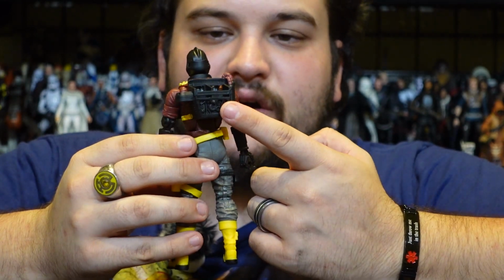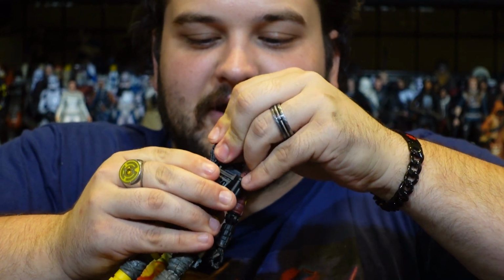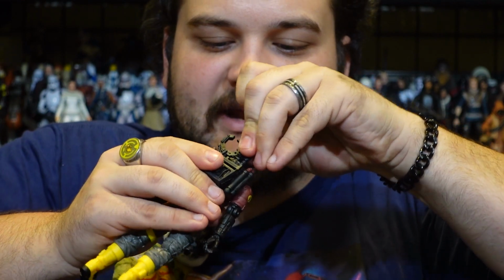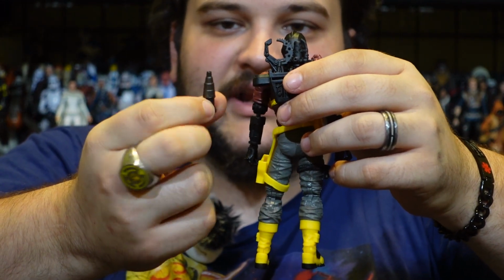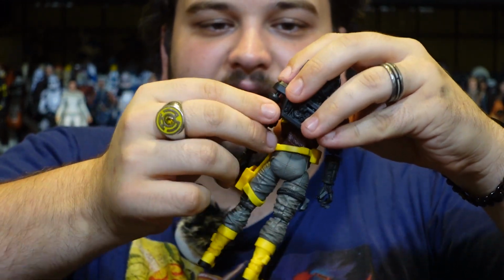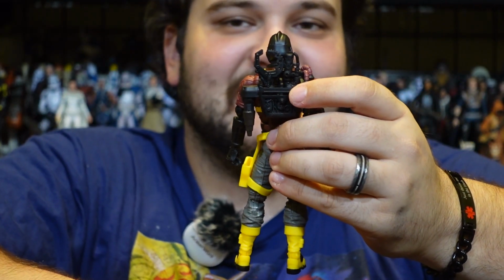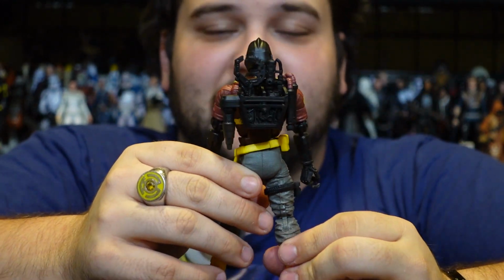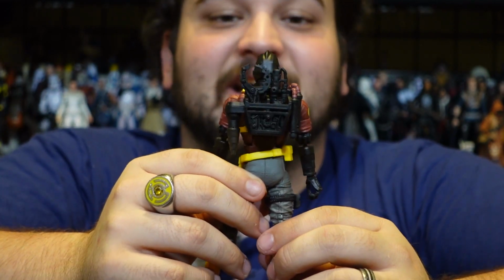So you just peg that right there onto his back, and then you can take his swappable claw hand and just peg it in. You can take his flamethrower hand and peg that in. And these are interchangeable. You can put these in any of these spots, and then you have this little laser gun hand, and that can go right here in the bottom. So you have 3 different spots. You can plug any of these hands into any of these spots, including his regular hands, by the way, which is very cool,